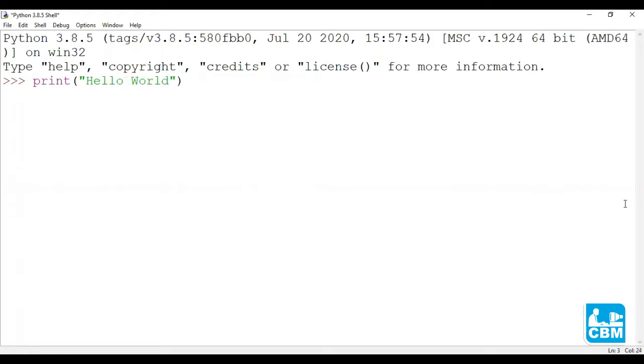I have written hello world in quotes because I want to print hello world as my output. As I want to print it instantaneously, I am using interactive mode. Now I'm pressing enter. As you can see, hello world has been displayed as the output.